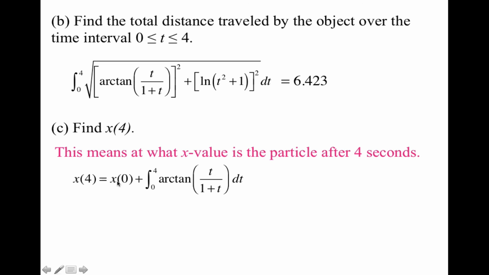So I'm going to have where I start at x of 0, plus how far I moved horizontally only from 0 to 4. So I'm only going to integrate my x component. And at the beginning of the problem, they did give you the initial starting point when t equals 0, and you're only going to use the x component of that point, which was -3. And you can use your calculator to evaluate that, which gives you